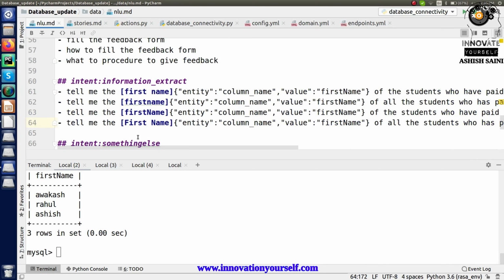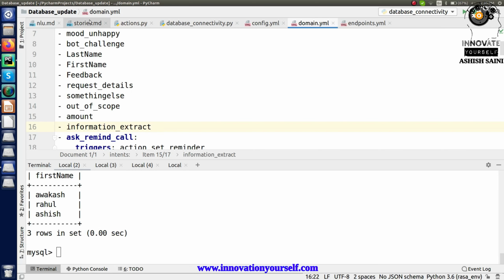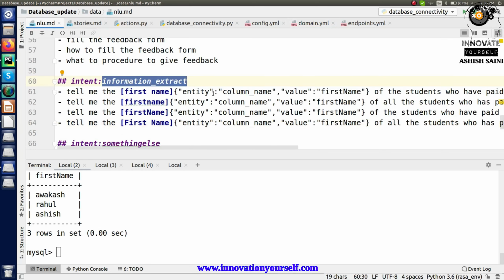Alright, so I guess this information is enough for me for right now, right? So just copy the intent and just paste it inside the domain file. So you can just add it. So this is what I have done. Now just go to the NLU part again, and you have the different entity names, right? So just copy the entity,